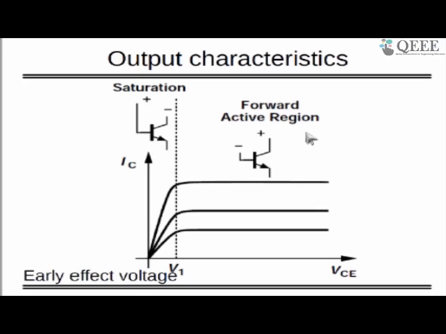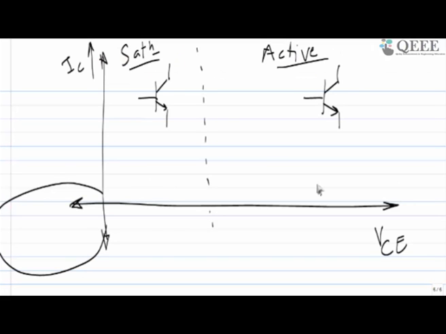For the active region, this negative is with respect to this plus, but still this part is relatively negative than this negative. So this makes forward bias and this makes reverse bias, and that's how we have two different regions of operation. And this region of operation will decide the characteristic